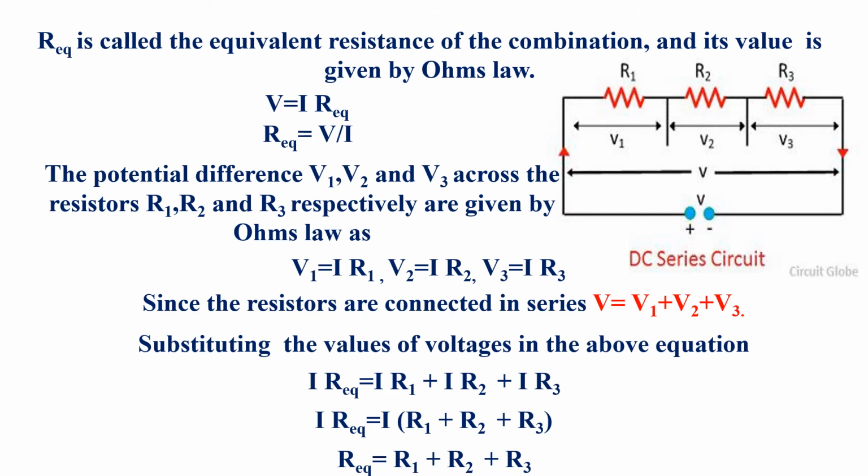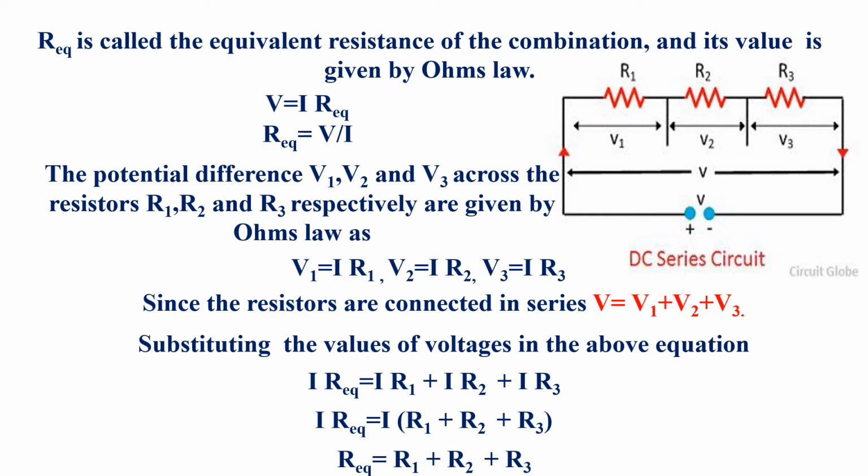Now why are we saying that V1 is equal to IR1, V2 is equal to IR2 and V3 is equal to IR3? Because V1 is equal to IR1 means we are calculating the potential difference at V1. To calculate the potential difference at V2, we need I and R2. To calculate the potential difference at V3, we need I and R3. According to Ohm's law, whatever we want to calculate, the potential difference V1 is calculated with I, the electric current that is passing, times the resistance R1. Okay, so like that we calculate.